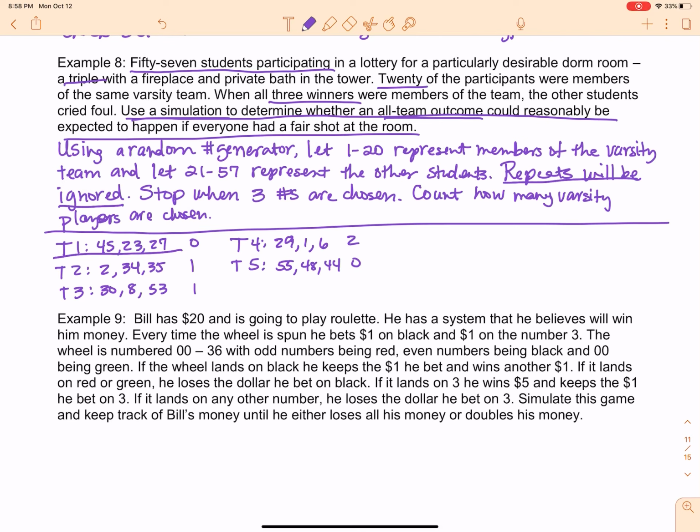Okay, so here's the deal. Let's look at what I've got here. I'm counting how many varsity players are chosen. I want you to notice that in my 5 trials, not one time were all 3 varsity players chosen. So in real life, if I were going to do this, I wouldn't run 5 trials. I'd run 5,000 trials, and I would let a calculator or a computer program do it for me, lickety split. But for our situation here, and this is important, based on my simulation, my 5 trials, based on my simulation,